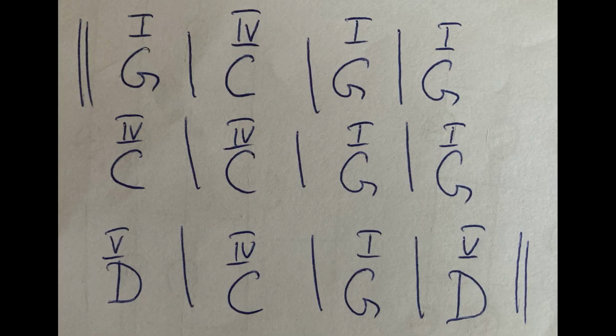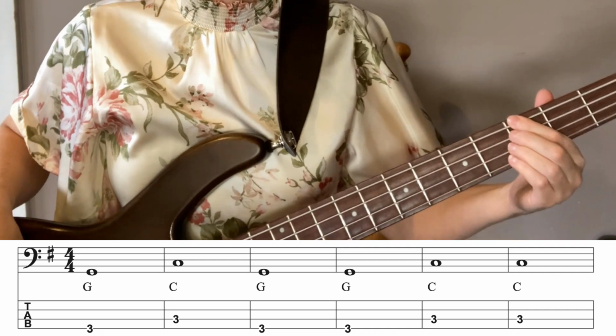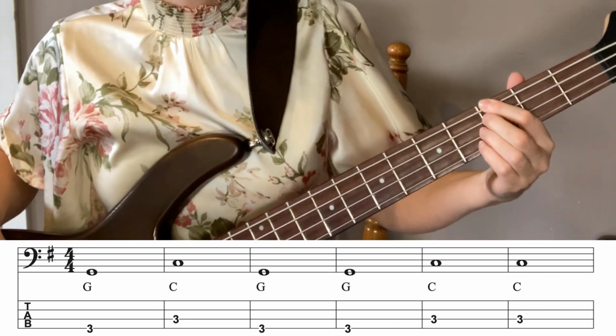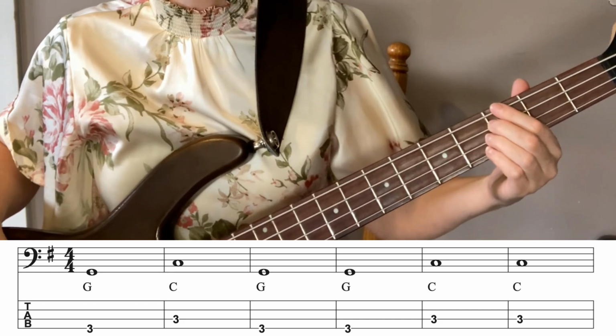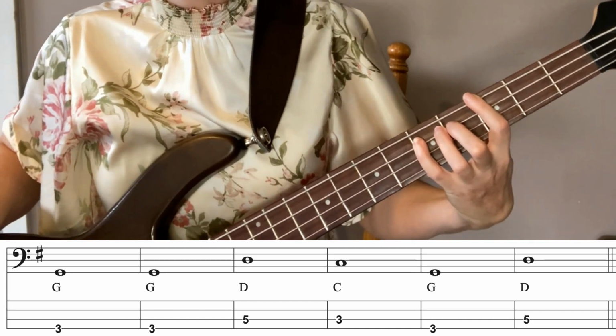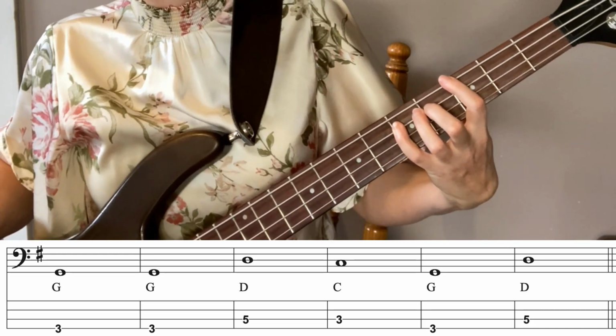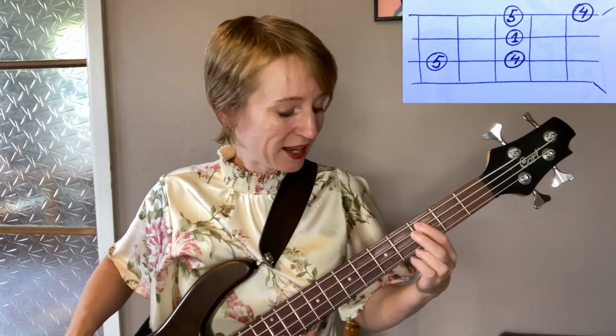Here's a simple 12-bar blues in G. Here I wrote down both letters and numbers. You can check out my video about playing 12-bar blues if you want. How I find numbers? I know that if this is 1, G, here I'll find 4 and here will be